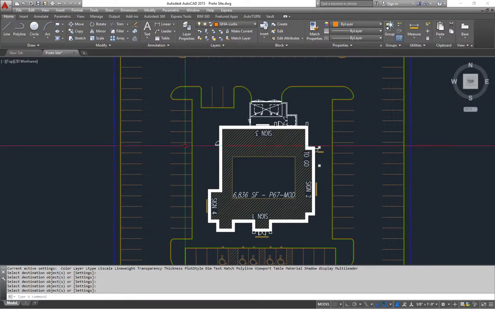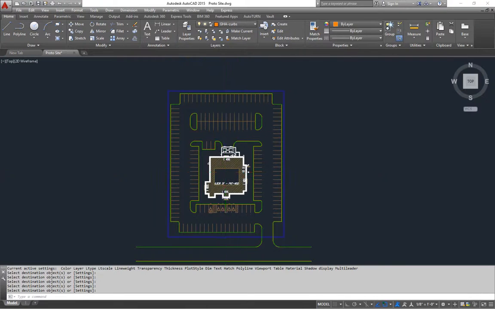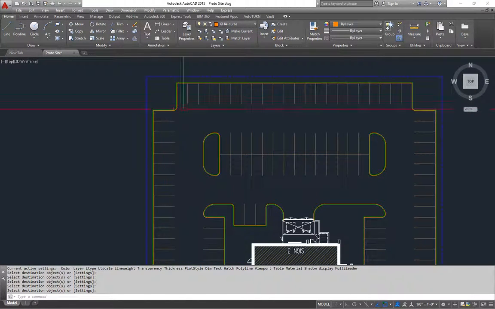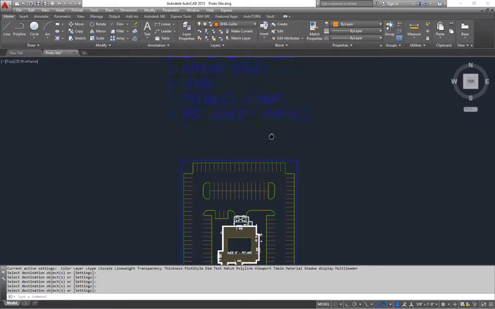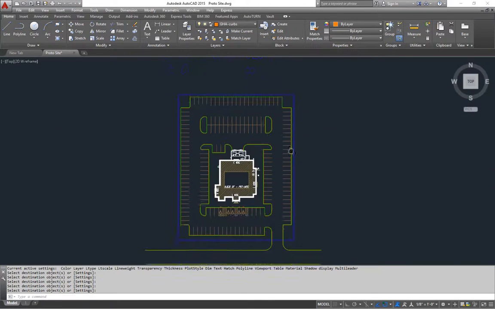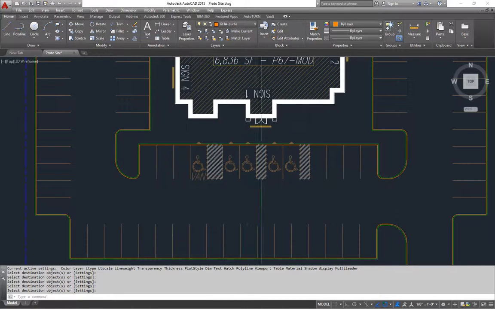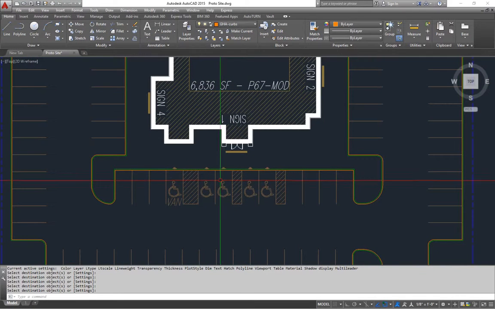Okay, I think that is going to wrap up drawing in all the parking spaces and all of the backs of curbs, which is the second part of this process. So the third one is going to be to go in and create your sidewalks and any ramps if you need them. Now in this case, since our parking is right at the front door,